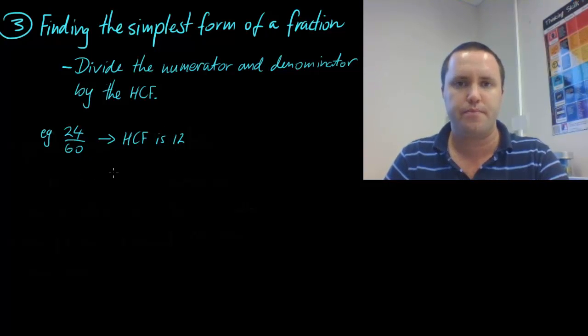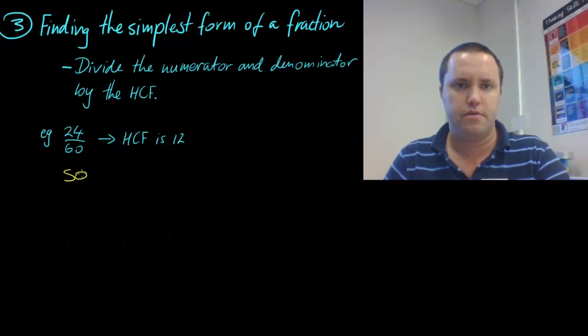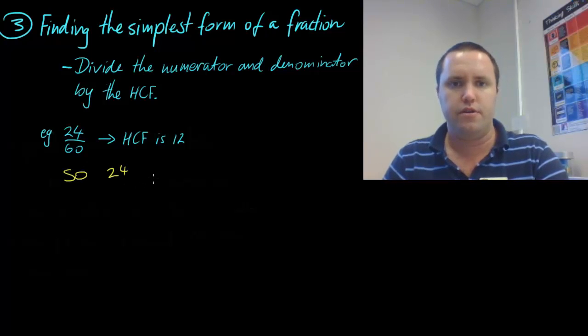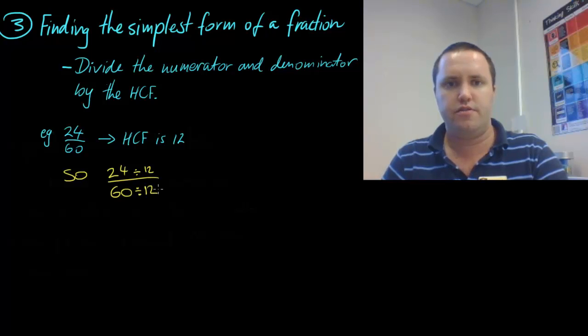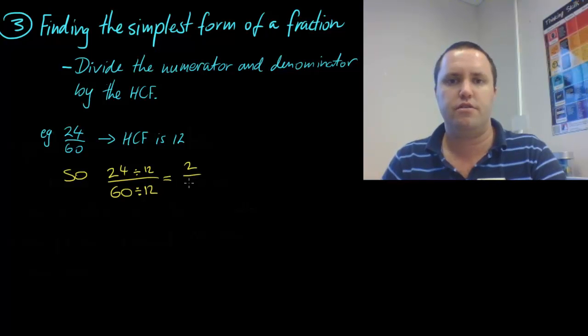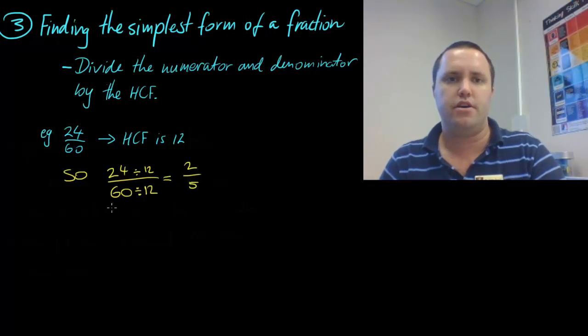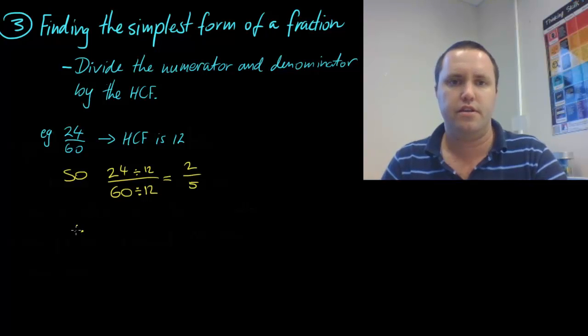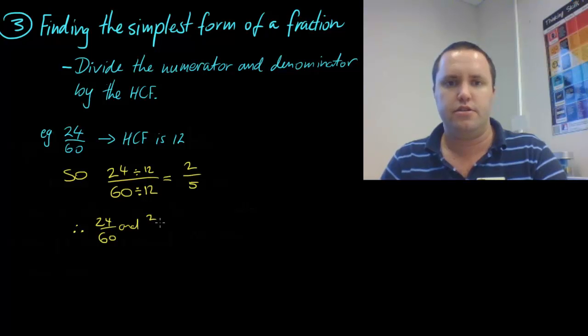So we go 24/60, so 24 divided by 12 over 60 divided by 12. 24 divided by 12 is 2, and 60 divided by 12 is 5. So therefore 24/60 and 2/5 are equivalent. Okay,